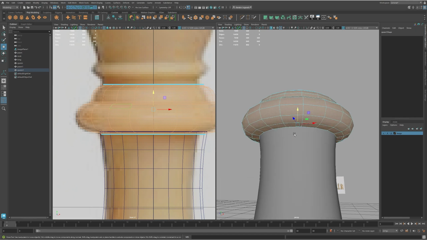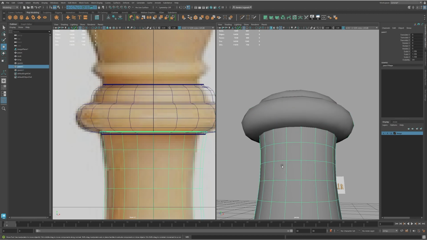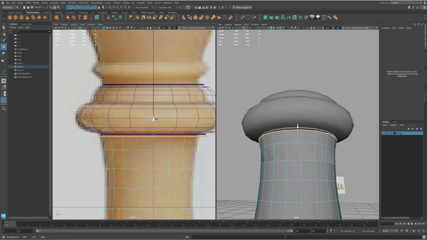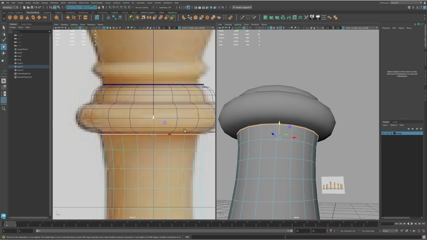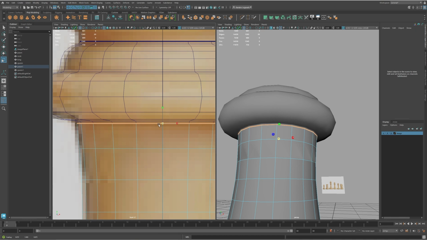I'm going to come in this view here, object mode, go into the bishop, go to edge mode actually, edge mode, and I'm just going to move this down. And if I hold V and move this down, I can actually snap it. You can see that it snaps as I move my mouse on the y-axis. It snaps to the bottom of this one. And then if I scale, because obviously I want them to match,